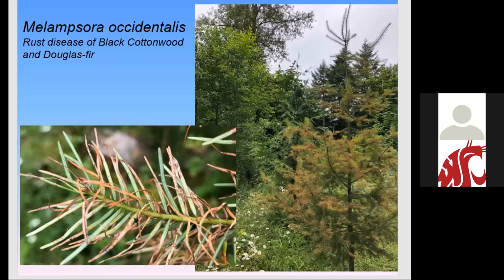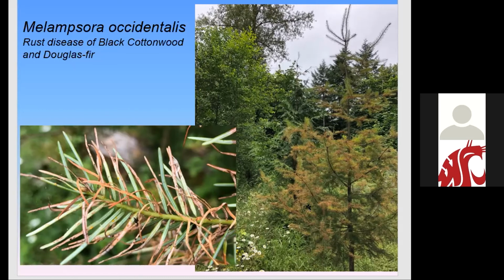Just a couple other foliar diseases. They're really common, especially during cool, moist springs. Another one that we saw a fair bit in spring 2020 was Melampsora occidentalis, which is a rust disease of black cottonwood and Douglas fir. So you can see here the underside of a Douglas fir needle. You can see the little orange spores that are erupting from this needle, and some of the damage that's left behind